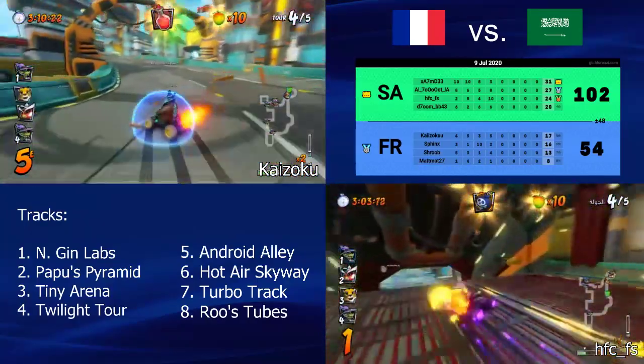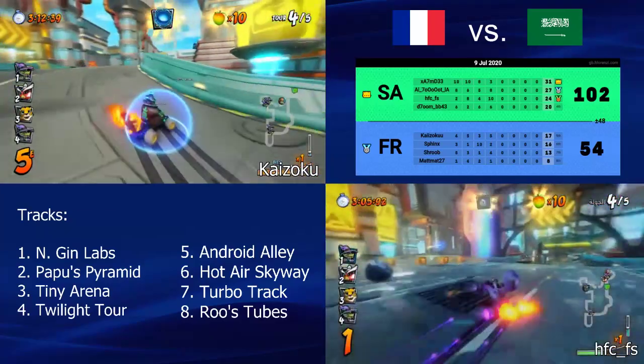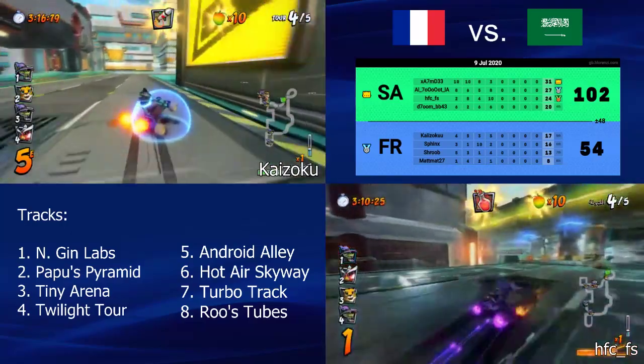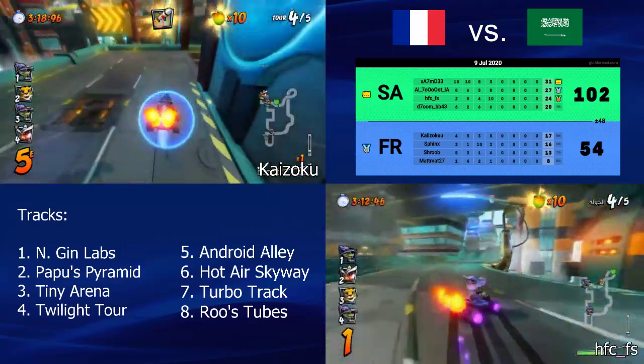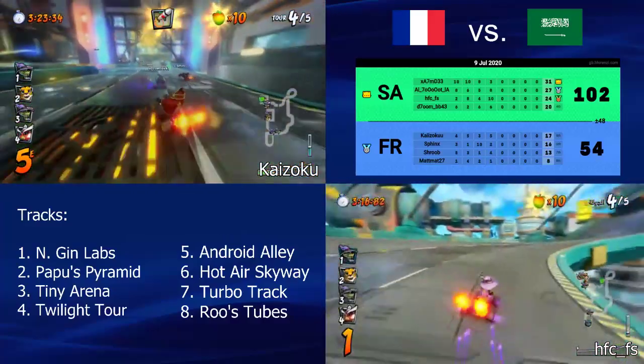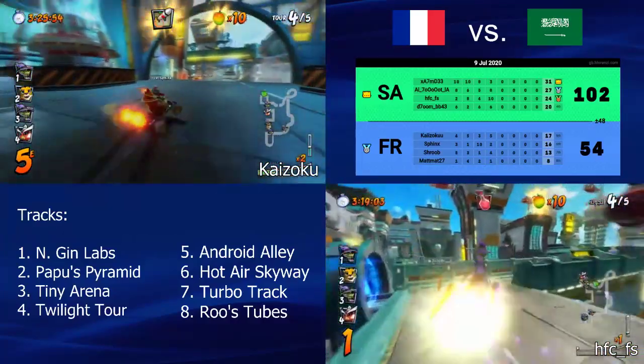Okay, if two players from different teams disconnect... Okay, so basically since they are the same team, the race continues as normal. Yeah, okay, the race continues as normal. With the disconnect, it's pretty unfortunate, but they can still win.